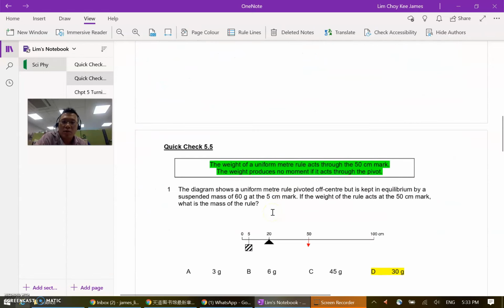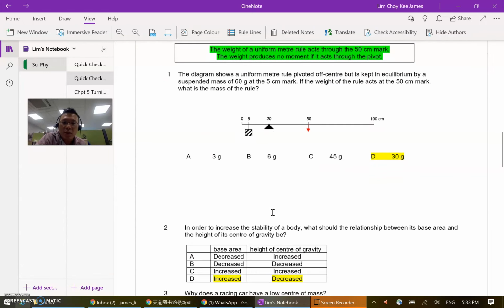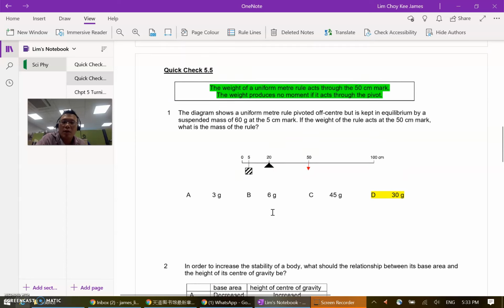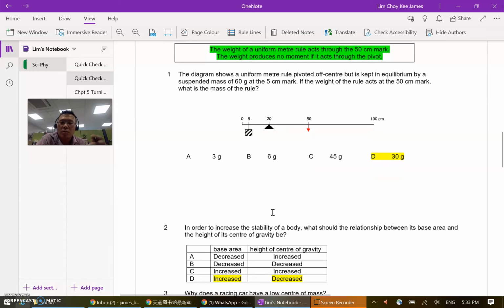As for the other question that we're looking out for is question 1. Question 1 for this particular quick check, 5.5, is a standard question of using principle of moments because the ruler is in equilibrium. What is interesting is that there are actually two forces here. One is the 60